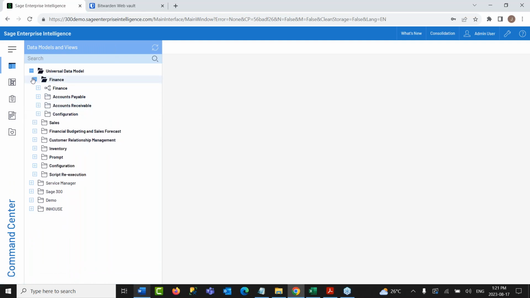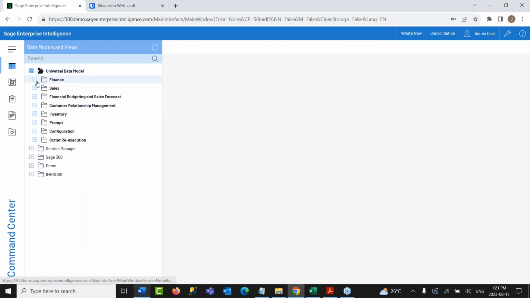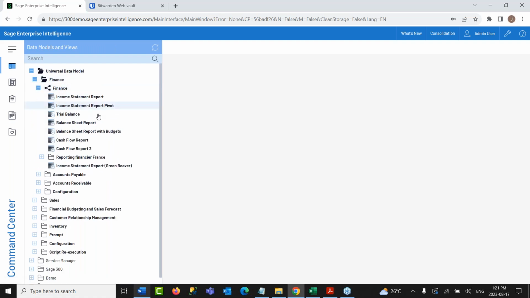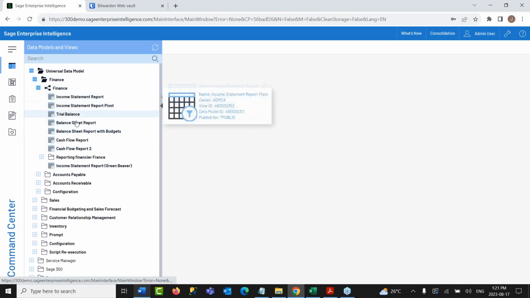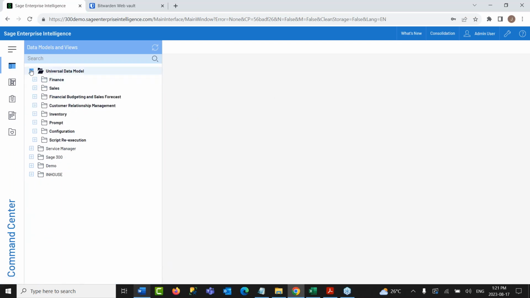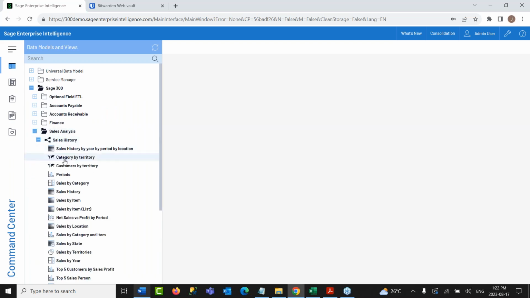That kind of finishes most of the financial information, and there are many reports that I won't have time to open for you today, but here's a list of other reports like income statement, cash flow, and so forth. But I would definitely like to touch upon some of the other modules within Sage 300 as well, like project and job costing, inventory, sales analysis. So let's have a look at one of the sales reports very quickly.